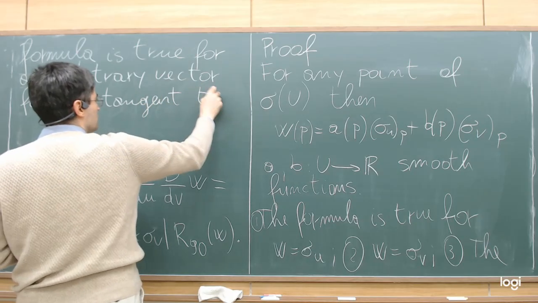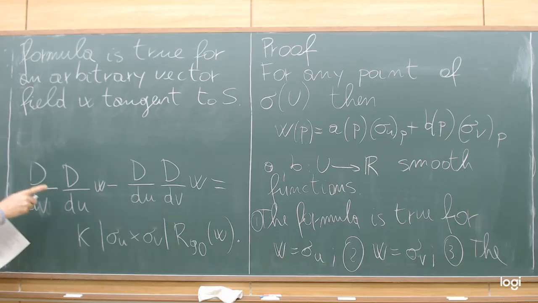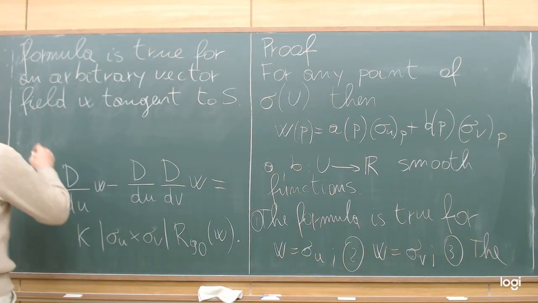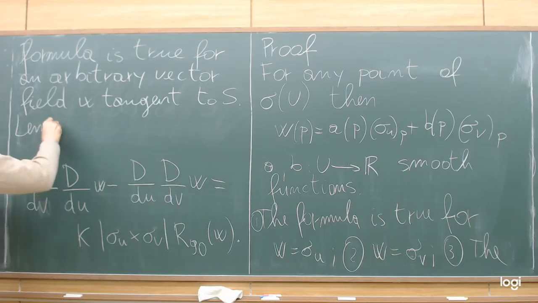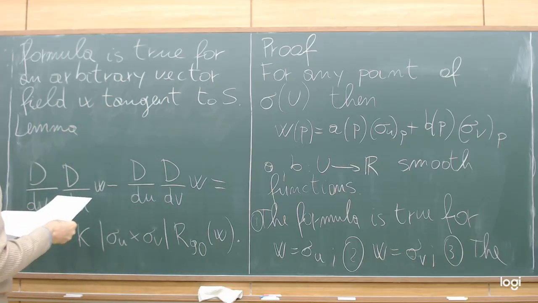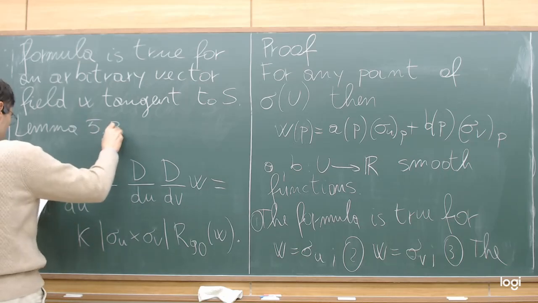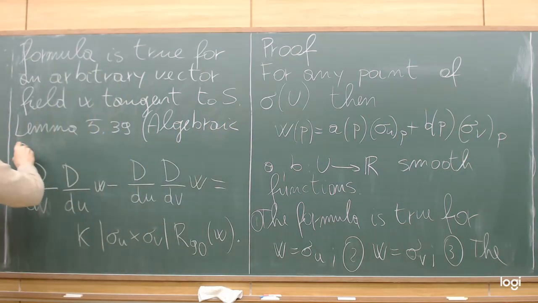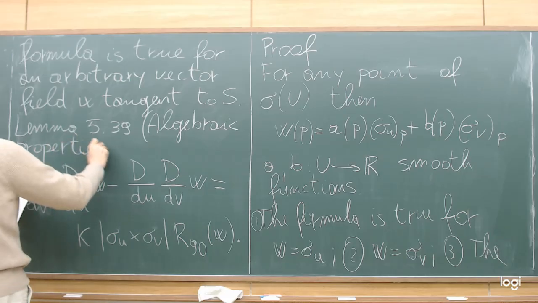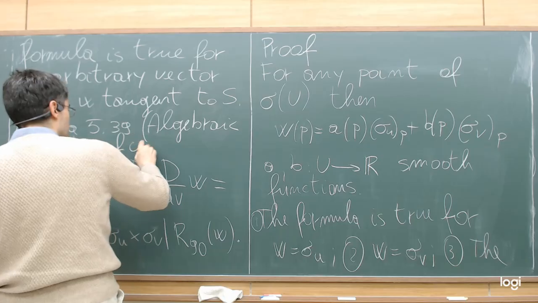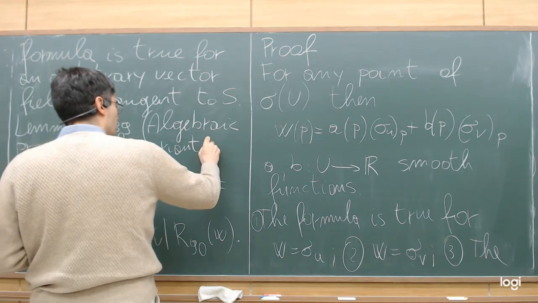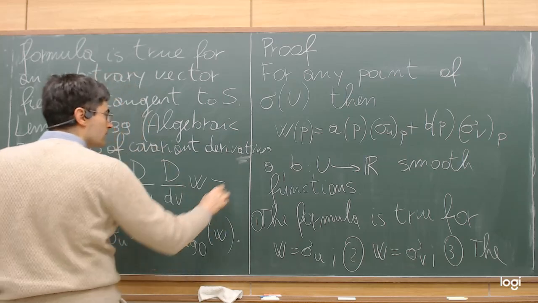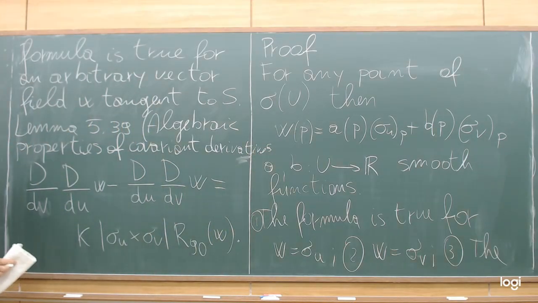W is of course tangent to the surface S. This fact, the third statement, follows from the fact that we can use lemma 5.39, which is about the algebraic properties of the covariant derivatives. And which allows us to prove